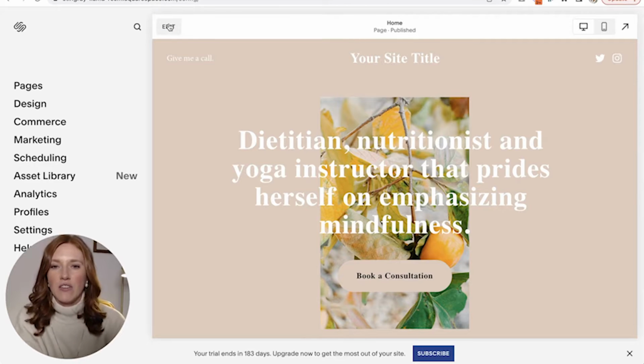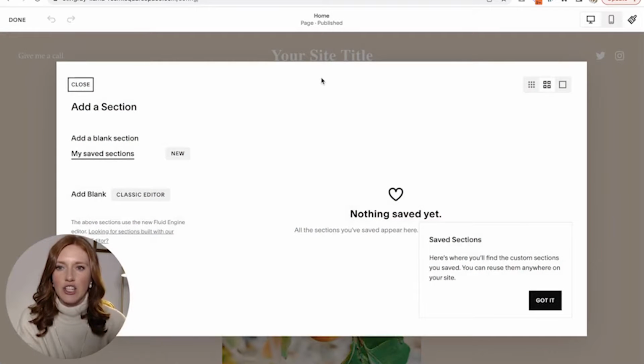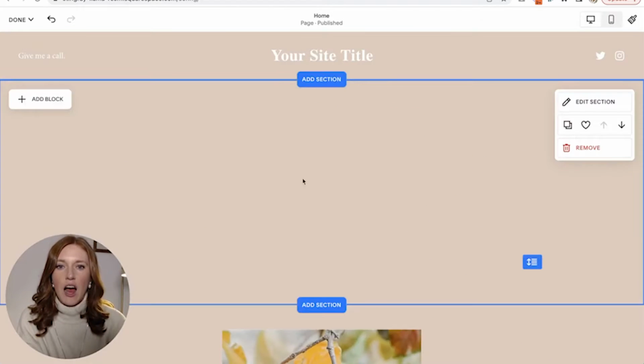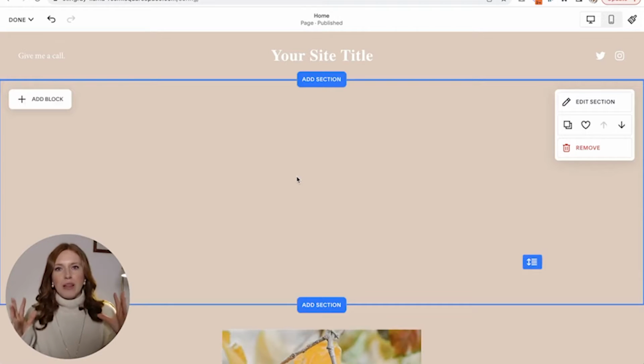Let me show you right here. If I click on edit, then I click on add a section, a blank section. I want you to use a blank section and then add your content in. And the reason for this is that again, your content will guide the look and layout and design of the